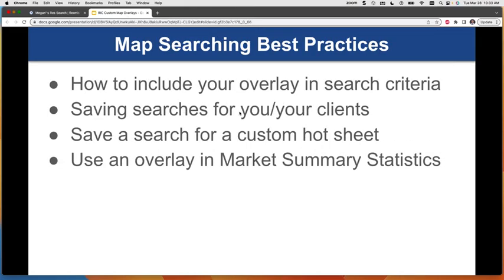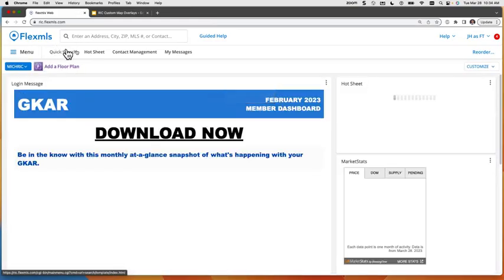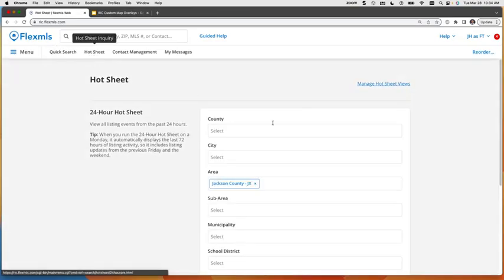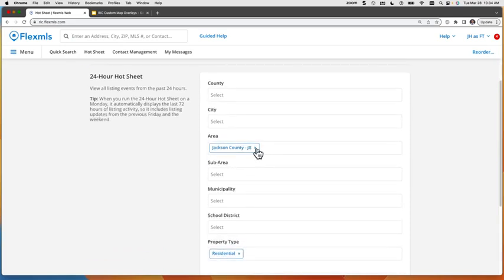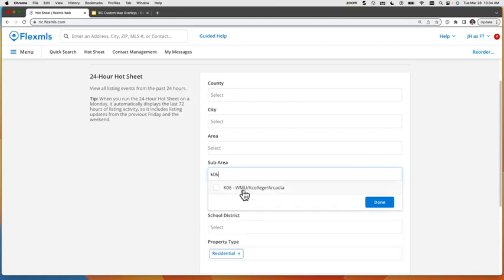saving searches for myself or my clients. Save a search for a custom hot sheet. So right now, when I go to my hot sheet, I am using, looks like I've got area Jackson County here. So if I'm looking at specific sub areas, if I'm looking at K6 and K9,